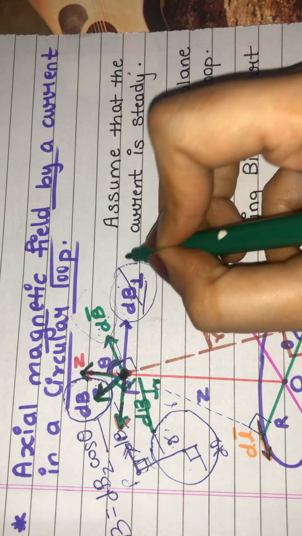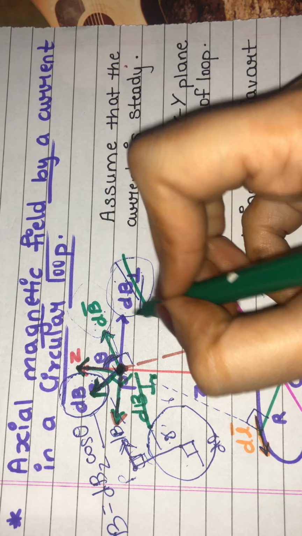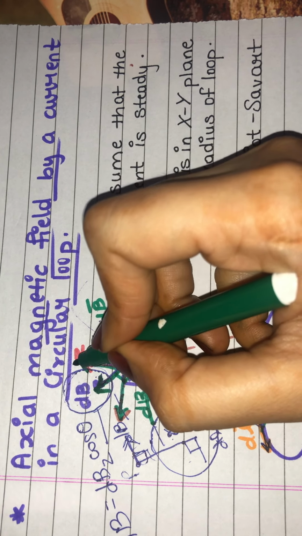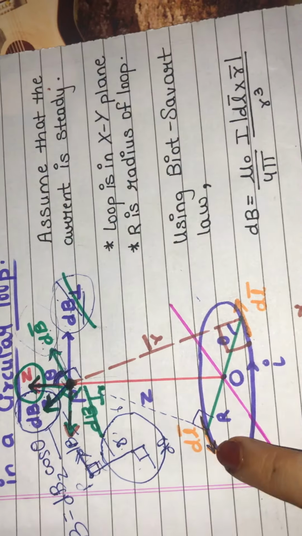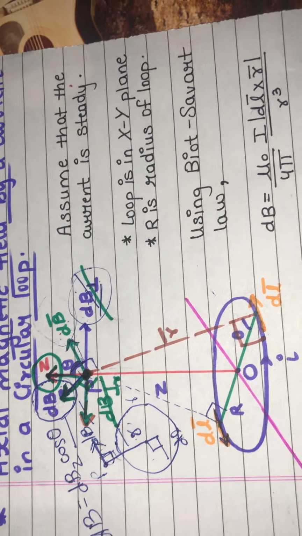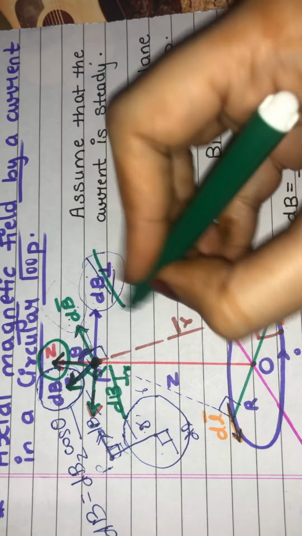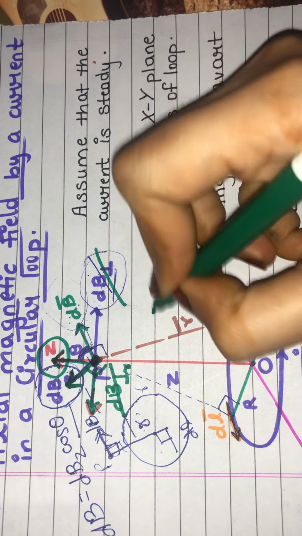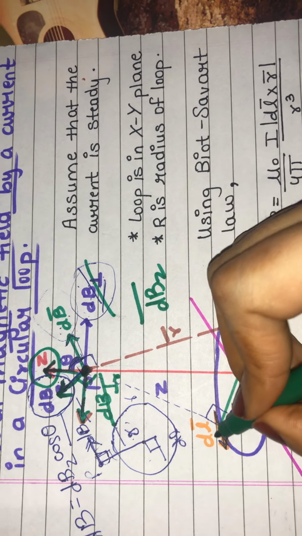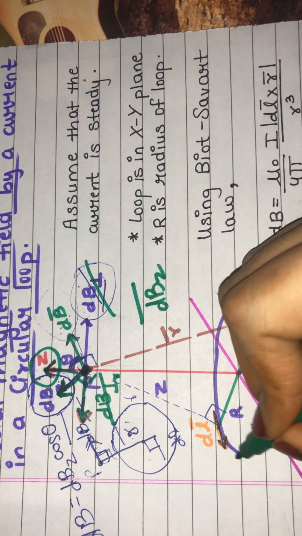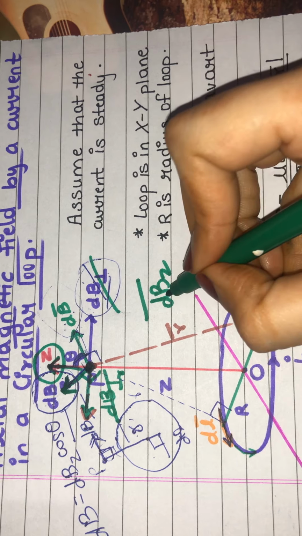So this dB perpendicular cancels out. कौन सा कंपोनेंट रह गया? सिर्फ dBz वाला कंपोनेंट रह गया. सो ऐसे ही करके जितने भी लेंथ एलिमेंट्स हैं सबके लिए मेरे पास सिर्फ और सिर्फ dBz कंपोनेंट रह जाता है. सो what I will do, मुझे सारे dBz कंपोनेंट चाहिए. इस dl के लिए ये dBz कंपोनेंट, यहाँ और लेंथ एलिमेंट उसके लिए फिर dBz.